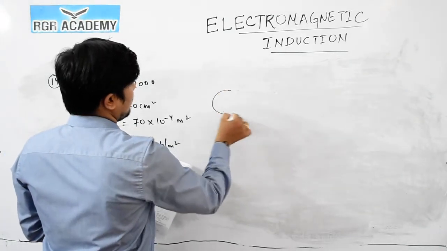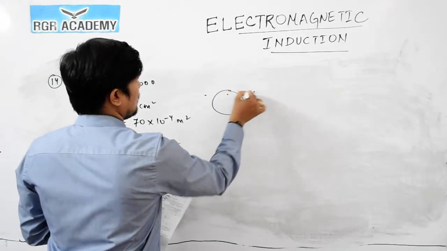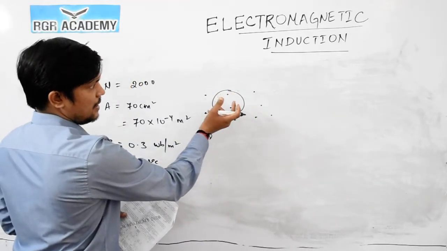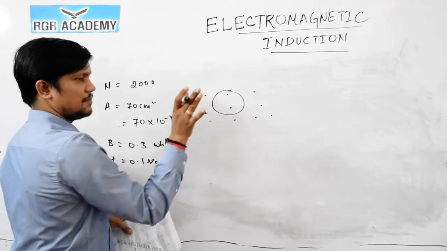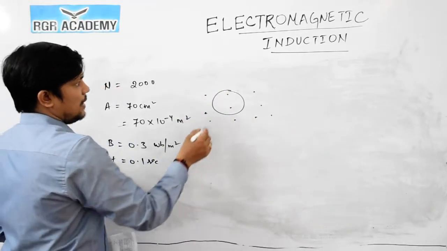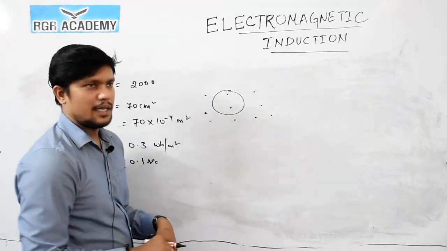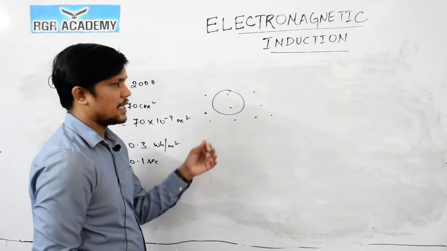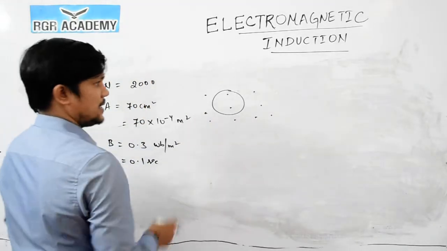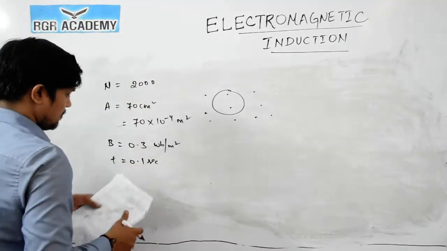Initially the coil is like this, magnetic field you consider outward, then area vector is also outward. Now the coil is rotated by 180 degree. Now area vector will be inward, but the magnetic field is outward. So initially the angle between area vector and magnetic field is 0 degree. Finally the angle between area vector and magnetic field is pi. Okay, so we can say that here what is changing? Theta is changing. Everything is same, but theta is changing.